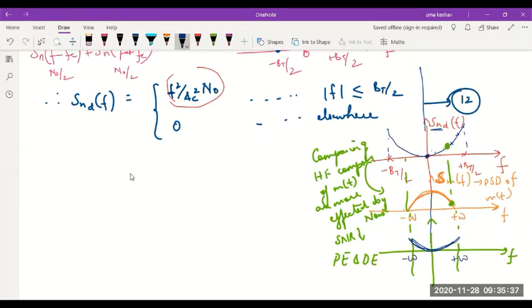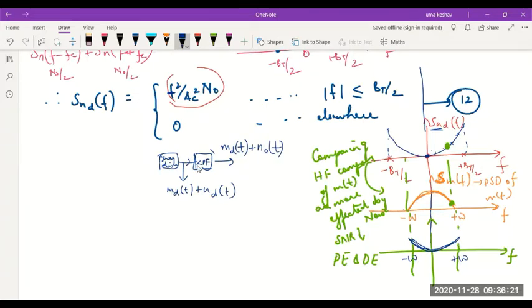When will the noise power get limited to the message bandwidth? After the final low pass filter. Remember, there was a low pass filter in the last stage, after the frequency discriminator. The last stage was a baseband low pass filter. The signal which I got here was M_D plus N_D, and after this final low pass filter, the signal which I get is the detected message plus limited noise. The noise power will be, I'll call it N0.